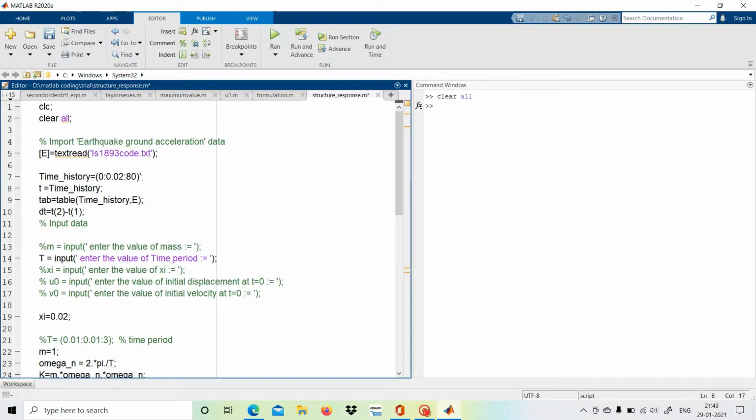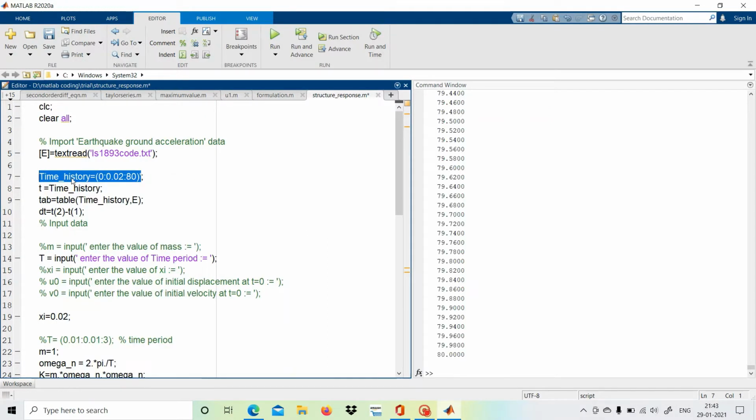And now we can see what this discretization shows. So let's see this. You can run it. It is giving the discretized values at 0.02 seconds each: 73.10, 73.12. So if we subtract, delta t is t(i+1) minus t(i), so it would be 0.02 seconds each. So it is going up to 80 seconds. We have made that, and small t describes it, and dt is 0.02 seconds.